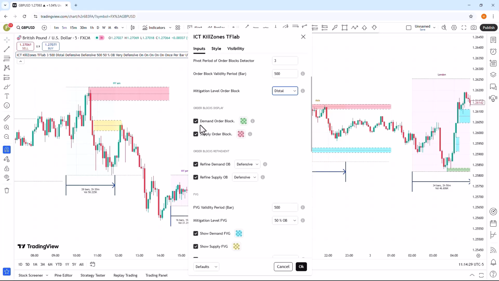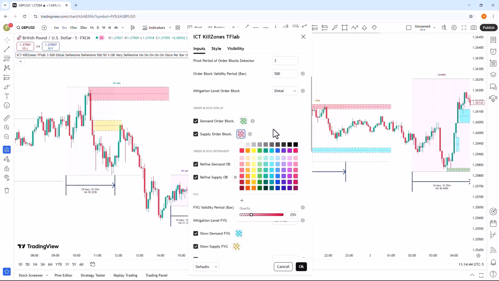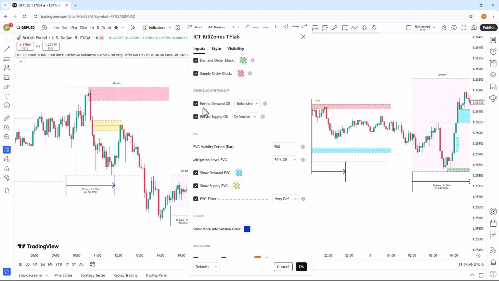In the next section, you can enable or disable the display of the demand order blocks along with the supply order blocks. You can change the color of each of the order blocks to your preferred color. In the next section, you can enable or disable the identification of demand order blocks and supply order blocks, and